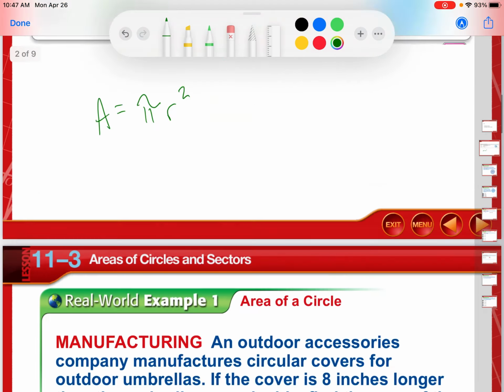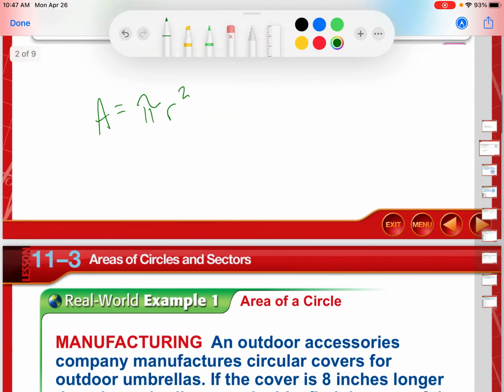So, let's just get down to it. An outdoor accessories company manufactures circular covers for outdoor umbrellas. If the cover is 8 inches longer than the umbrella on each side, find the area of the cover in square inches. So our umbrella is 72 inches straight across, which would mean it has a diameter of 36 inches plus the 8 on the outside,